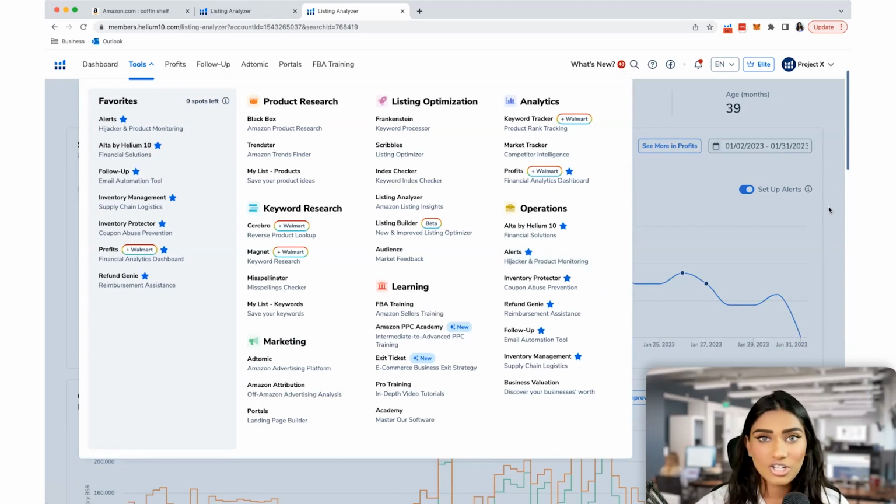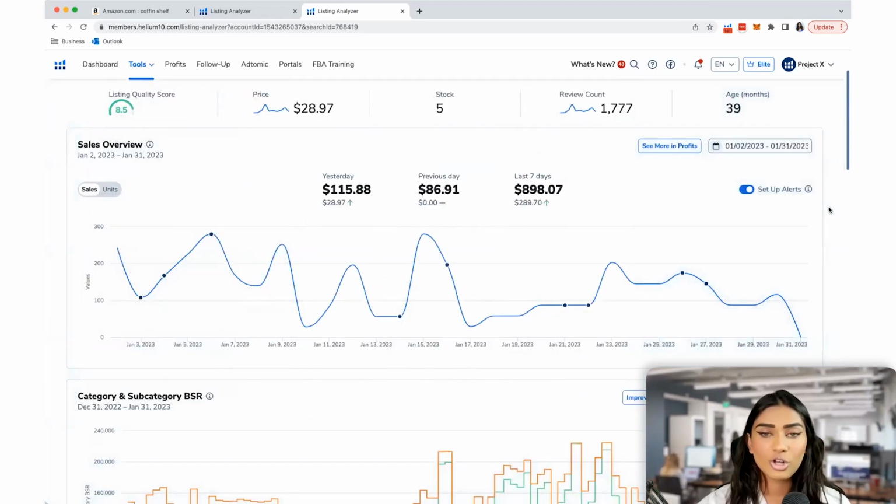The smallest changes can be really crucial when it comes to your sales, because let's say your product gets marked as an adult product, right? Even if it's not an adult product, all of a sudden, all your indexing goes away. If you have a dimension change, that's going to take potentially hundreds off of the bottom line of your business.